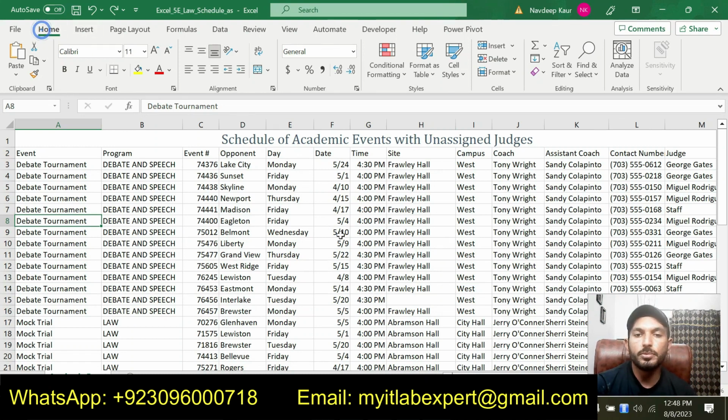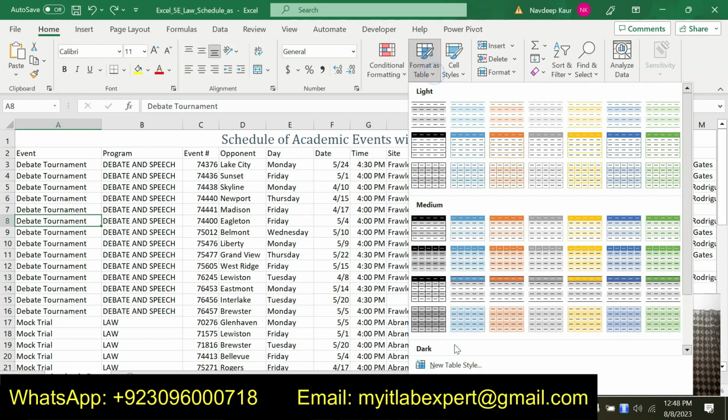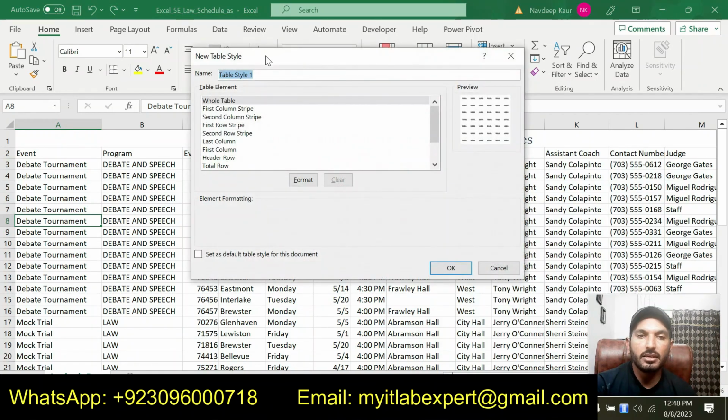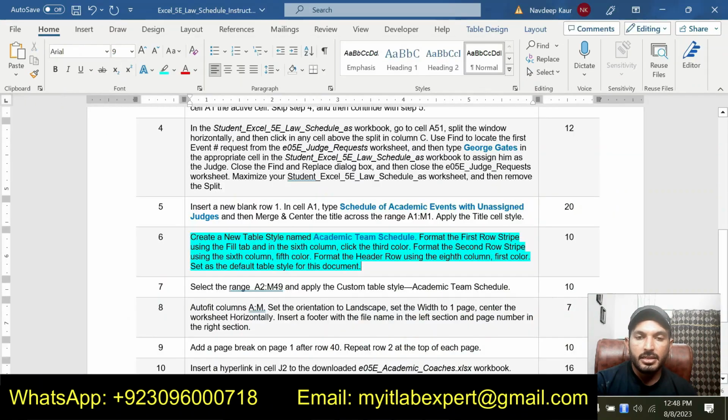So we will go to the home tab and click on format as table and click on new table style, and the name should be academic team schedule.